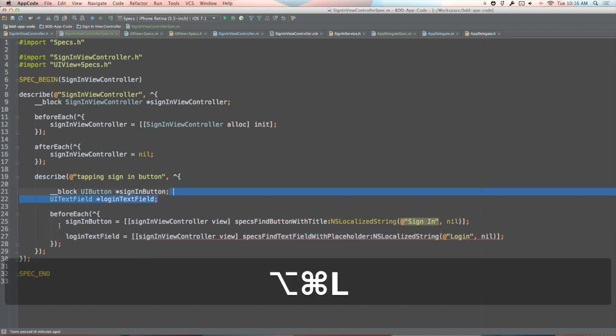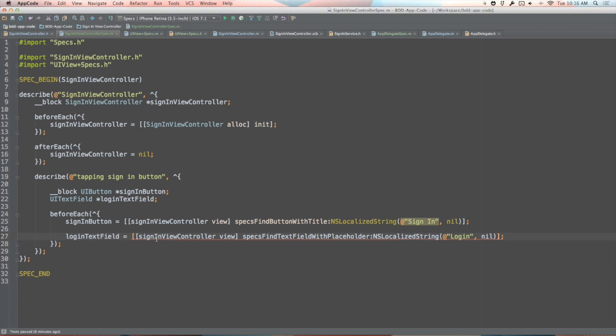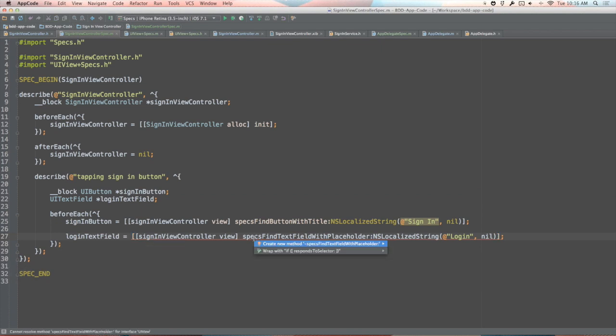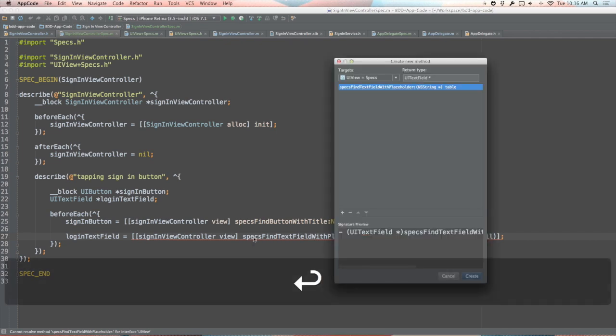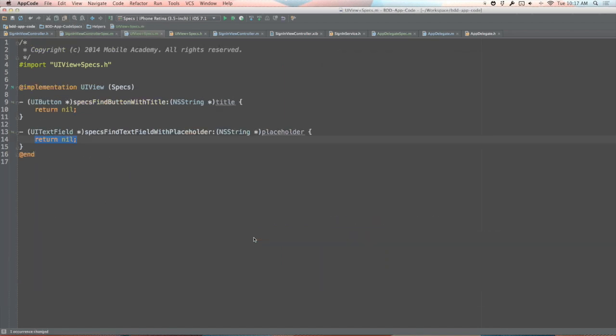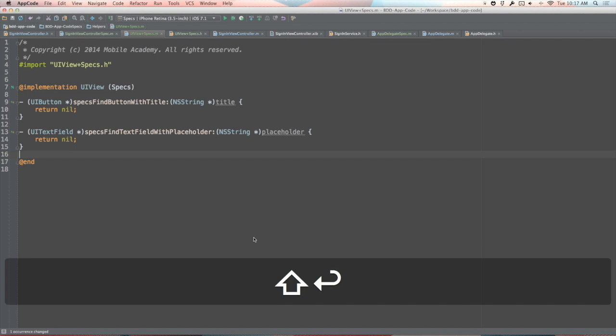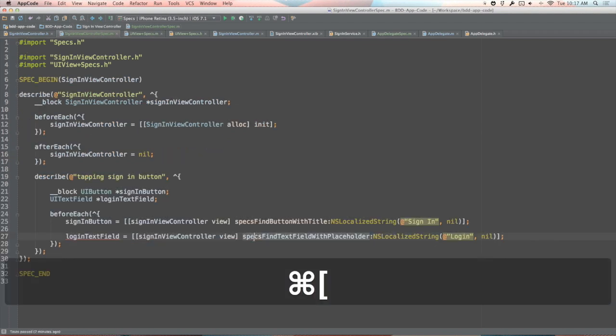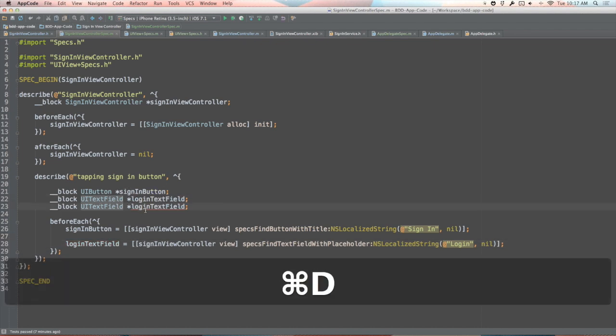Again, we move it up here, format the code a little bit, and now, again, I can just Alt-Enter to create a new method, specsFindTextFieldWithPlaceholder. I'll correct this to be placeholder. And notice that it already placed my new specsFindTextFieldWithPlaceholder method in the appropriate category. Great. And of course, now I can just make this variable block,